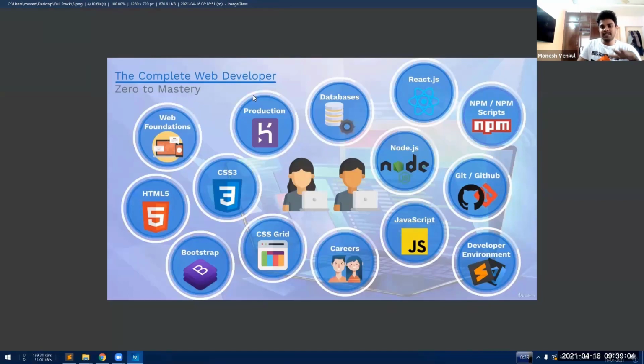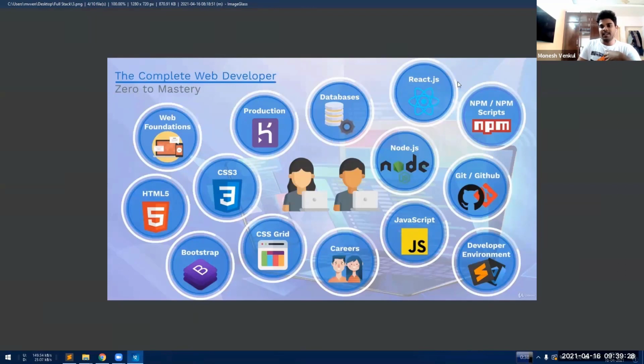But to be called a full stack developer, you need to learn more. You need to learn about Git and GitHub, version control. You need to learn about Node.js. Node.js is used for backend, server-side scripting. And we have to learn either React.js, AngularJS, or asynchronous coding. Of these three, one is enough.